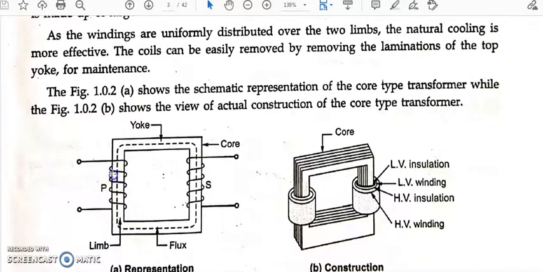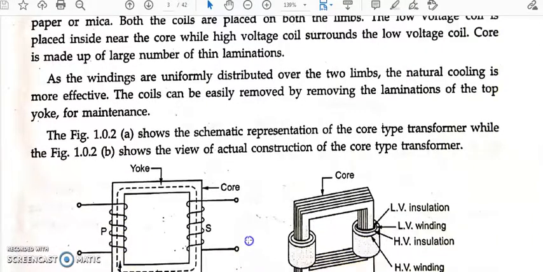You can see the primary windings, and they are laminated to each other with the laminations. Again, this is the magnetic core, staggered with thin laminations. Like I said, same thing is for this as well. And this type of transformer has the advantages of effective cooling as well as easy maintenance. Usually such transformers are used for low voltage applications.